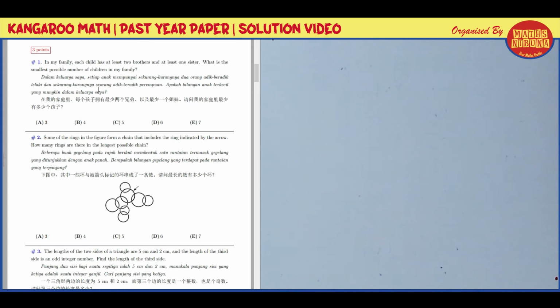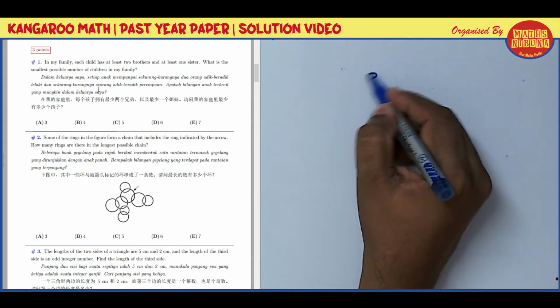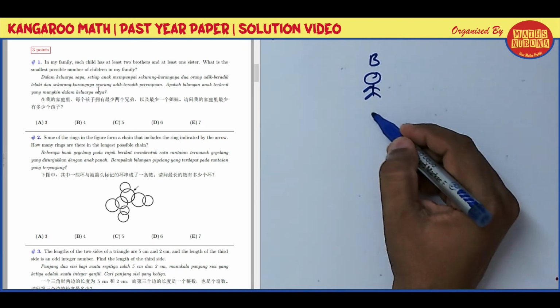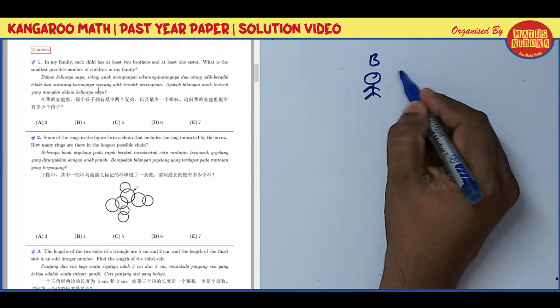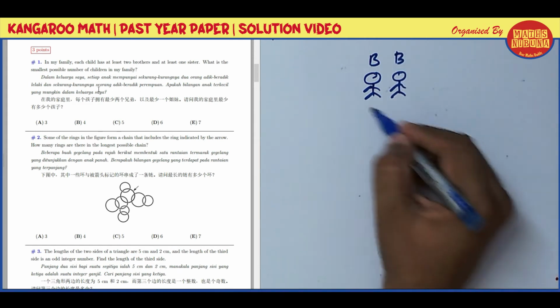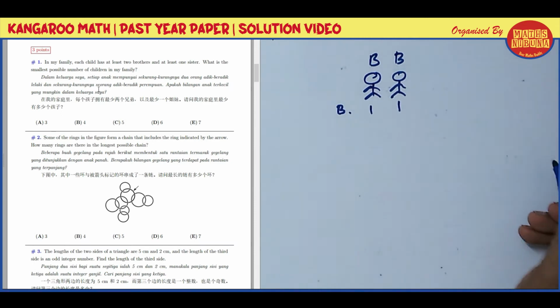Okay. So first we start this one with, let's say, the family has one brother. Now this brother, when he's single, he doesn't have anybody. Let's say he has one brother here, another boy. So he has one brother. So this is a brother, and he also has one brother.